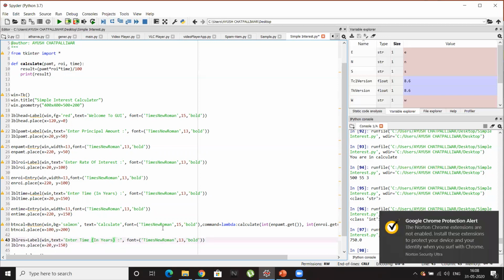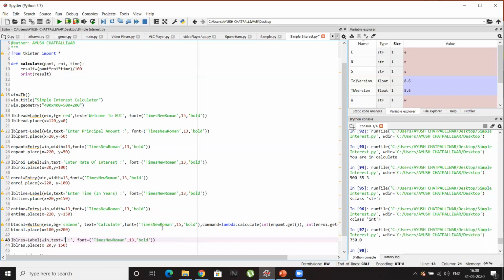I'll not give any text to it because I don't want any text on it. It will be on the click of the button. Or I'll give a small text, "answer", to check whether it is there or not. I'll remove it afterwards. And I need to give the X and Y coordinate to it also. So for this, my X coordinate, let's try 50.